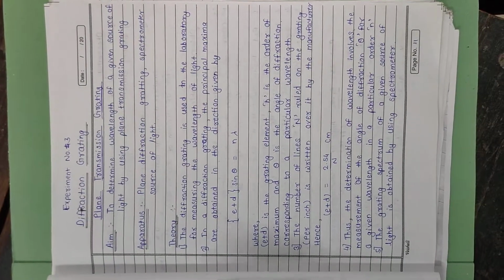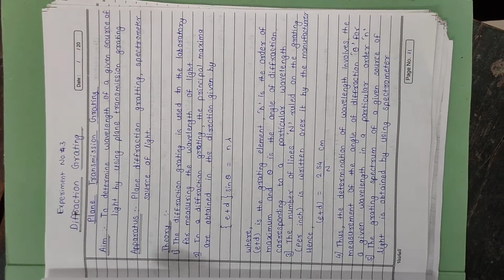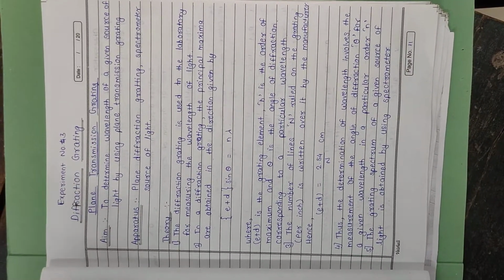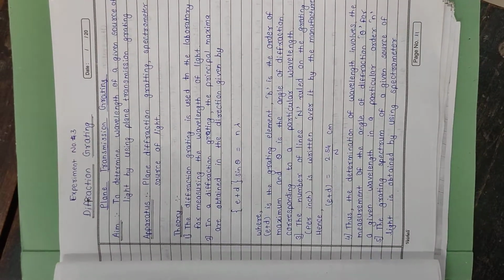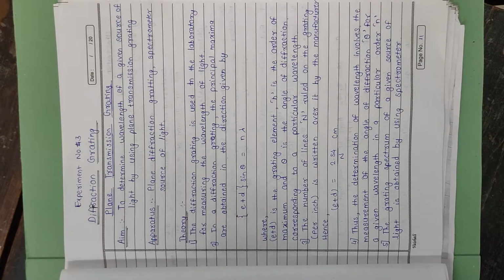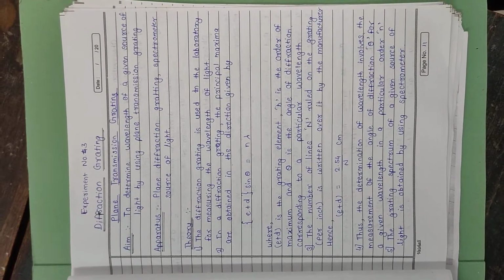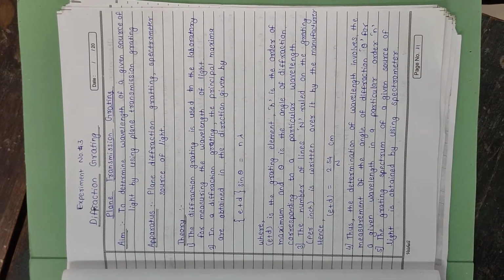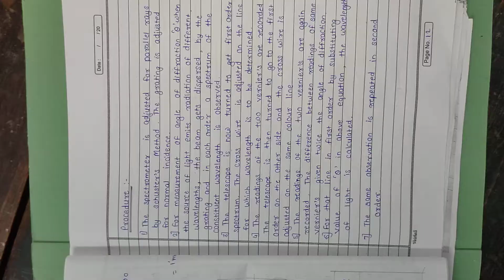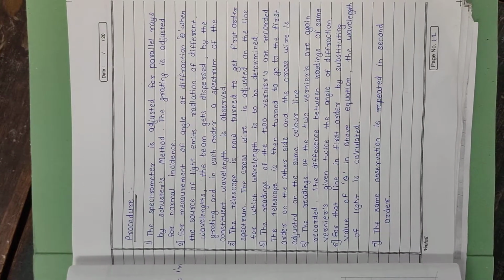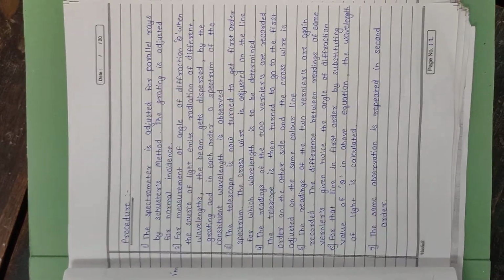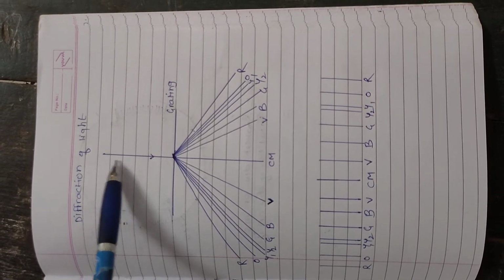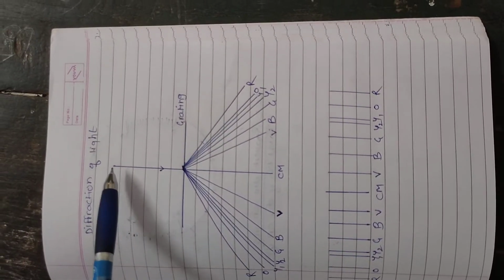So you can see this is the chart for studying diffraction of white light, and the aim of the experiment is, as I told you, to determine the wavelength of a given source of light using a diffraction grating, but particularly we are finding the wavelengths of all the colors which are constituents of white light, because again I repeat, white light splits into its constituent colors after diffraction. So you can see this is a schematic of the experiment which we are performing.